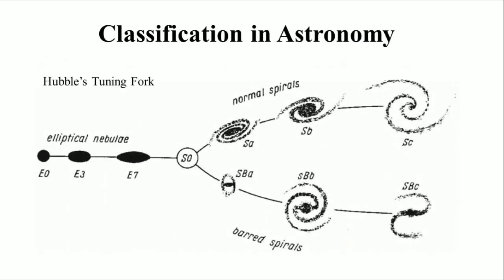So one classification that we are familiar with in astronomy is Hubble's morphology classification and the Hubble tuning fork. The morphology classification is a visual classification. We divide galaxies into classes based on their visual appearance. Basically they are elliptical, lenticular, barred spirals, normal spirals, irregular, etc.